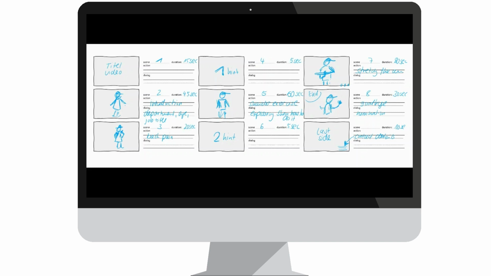And to complete it, it's not only important to write down the scene, the action, the dialogue, and also the duration. It's also important to put some details. So, for example, I'm just using another blue color. You can use arrows to show the motions of a video. So in scene 5, we said he's going to show a shoulder exercise. So first it's going up, then it's going back, and then he's going down again. He's pulling the shoulders down.